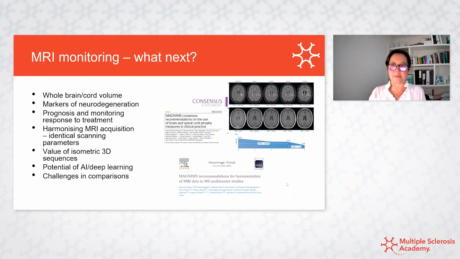We know that this is an important part of MS disease, that patients lose brain volume, certainly from quite early on, even before they become clinically, obviously clinically active. So we know that even in radiologically isolated syndrome and clinically isolated syndrome, patients lose brain volume. So I think we'll be doing a lot more brain volume monitoring, both for prognostic purposes as well as for monitoring response to treatment. So there have been several studies showing that you can get